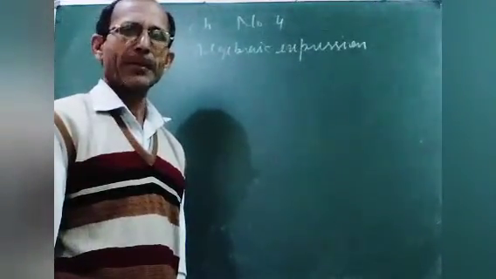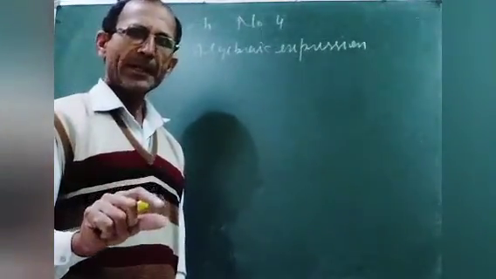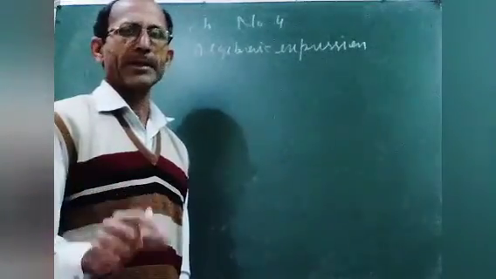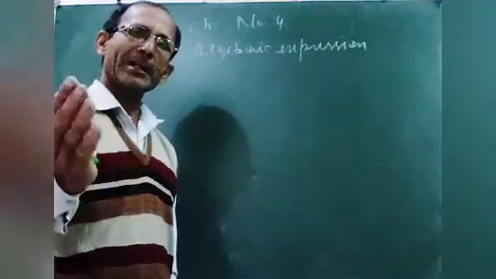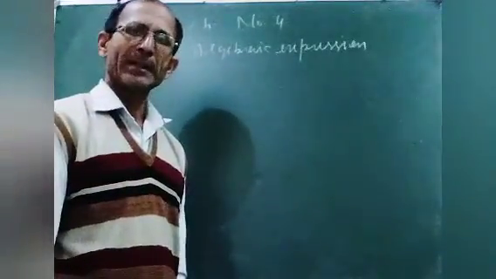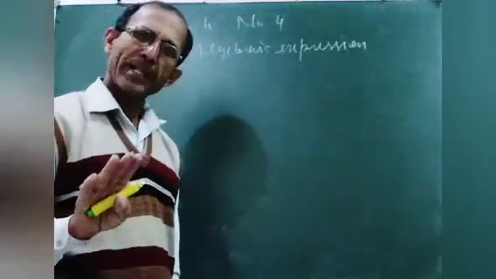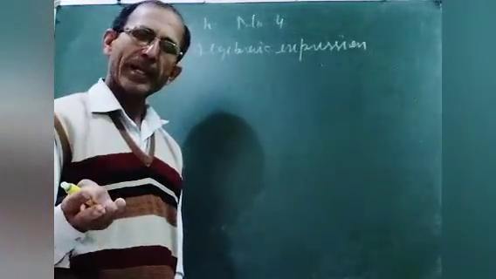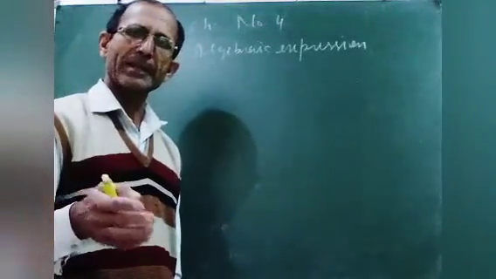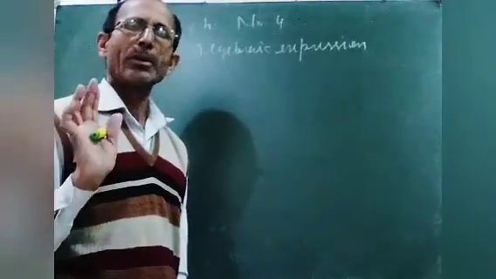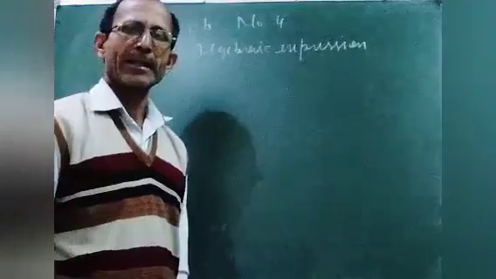Students, again I am repeating, the combination of variables and constants along with fundamental operations of math is called algebraic expression. Now the question arises, what are variables and what are constants? So variables means changeable, which can change: alphabets A, B, C, D, L, M, N, X, Y, Z, etc. All are called variables. And constant will remain unchanged, like 4.